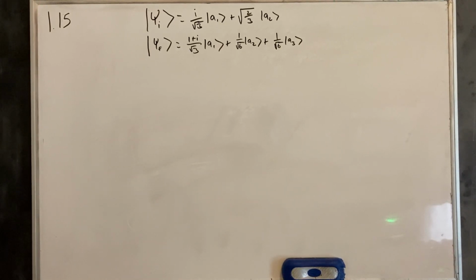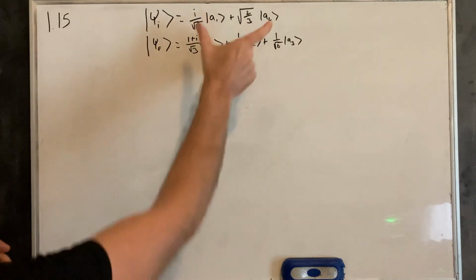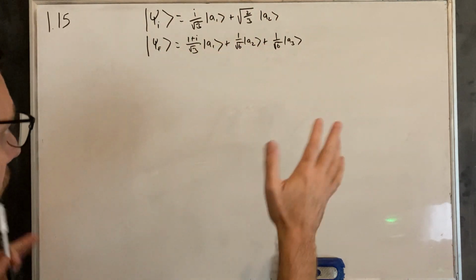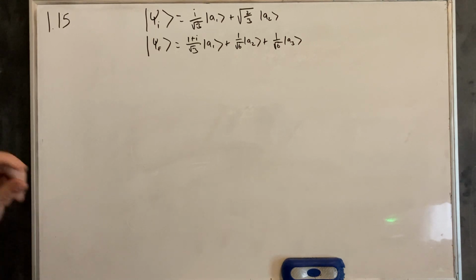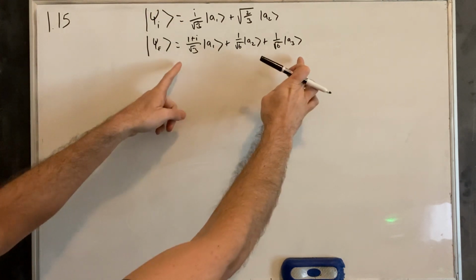All right, on to 1.15. This one's a little bit more interesting. Not all that difficult, but it's more interesting. So it's saying that we have this initial state. Again, we have these possible states of A1, A2, and A3 instead of plus and minus. We have this initial state, and it's asking what's the probability that it will end up in this final